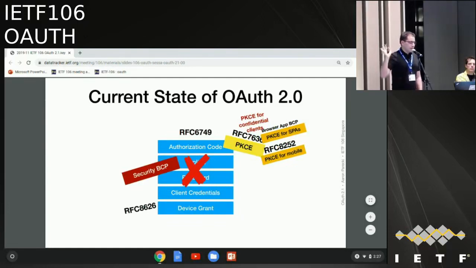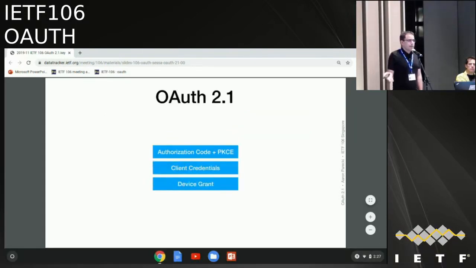And if you look at what we actually have right now, this is what's left: basically everything uses auth code and PKCE in a browser and for mobile apps, or it's doing the client credentials grant because it's not an end user application, or it's doing the device grant. And this is basically all we have left from OAuth core. We've crossed out all the other ones through the various